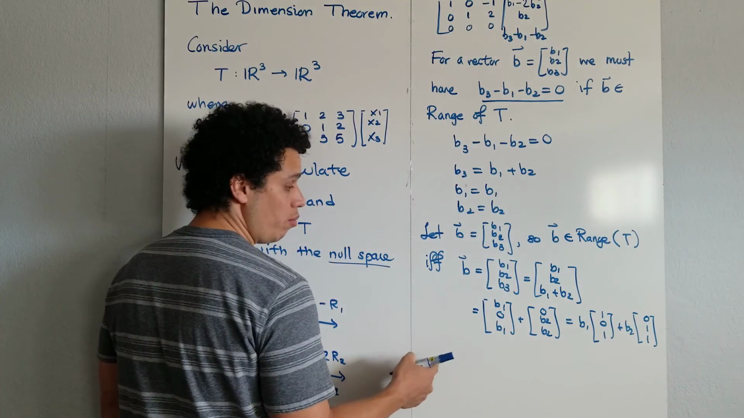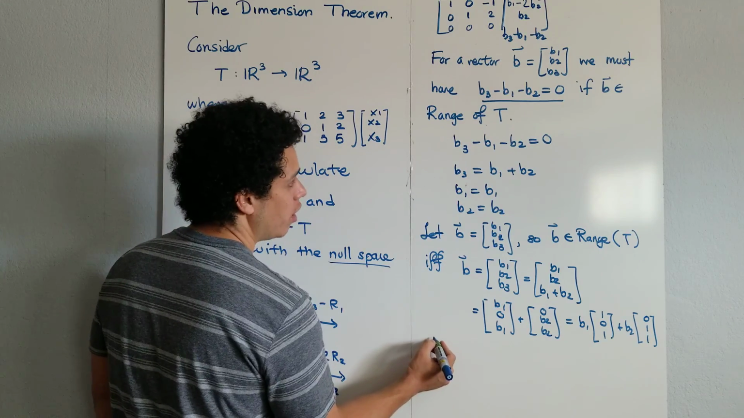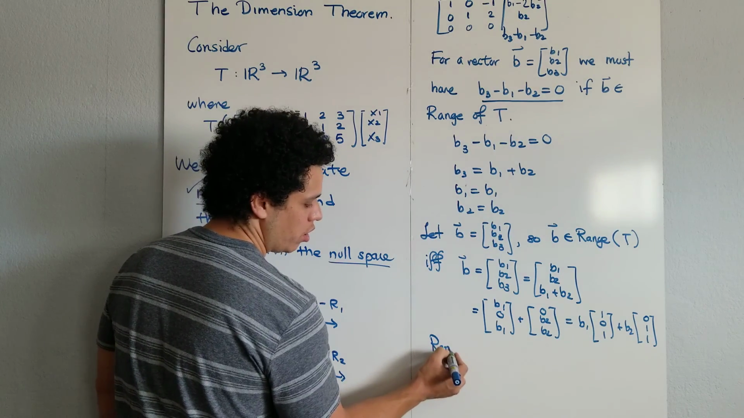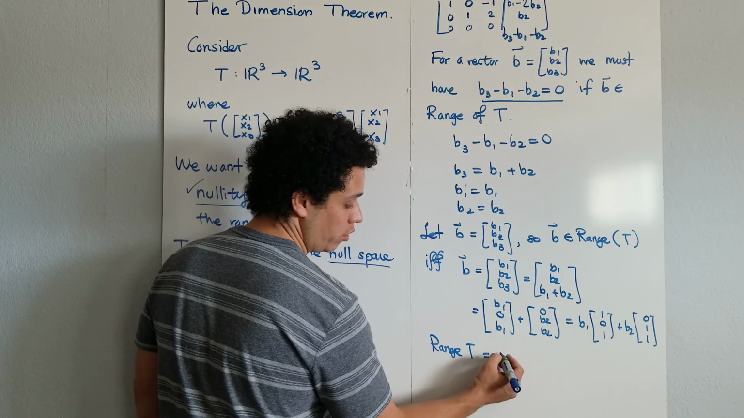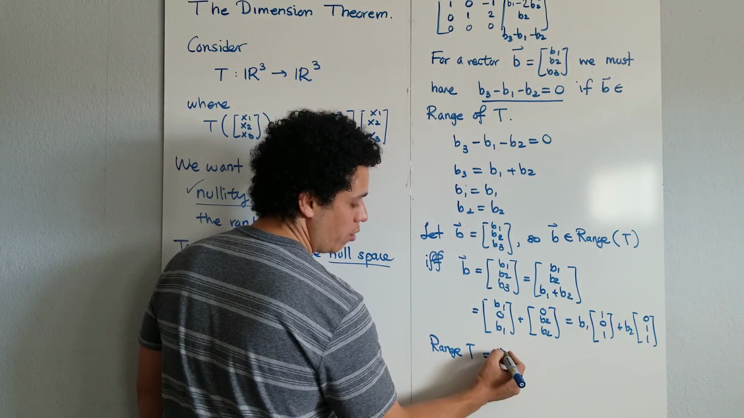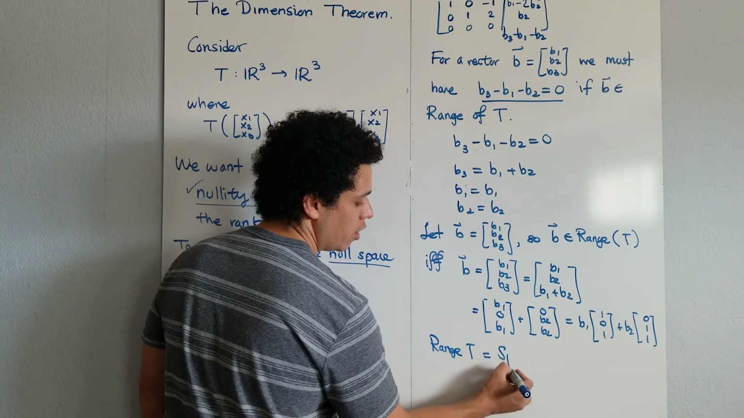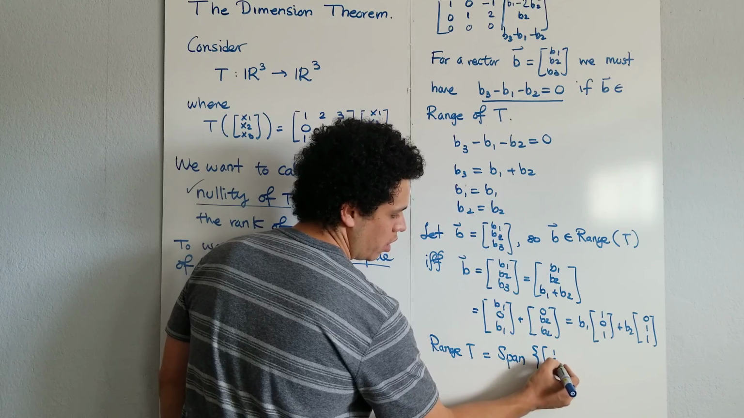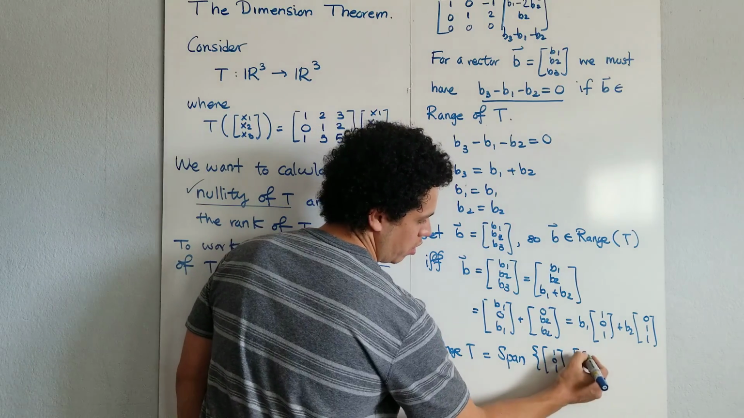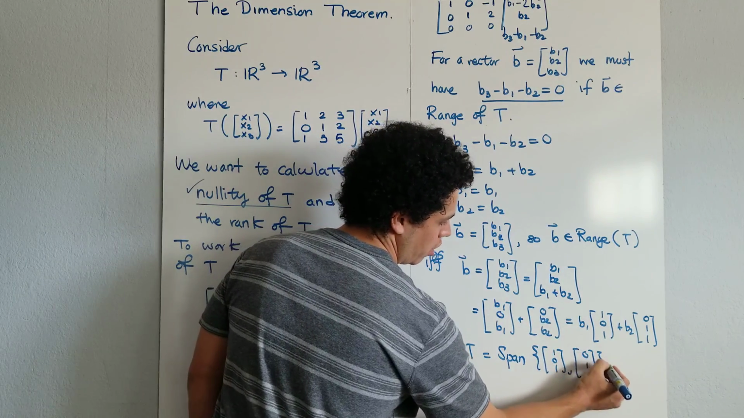Oh, so that says that the range of T is obtained by the following generating set. But it's not